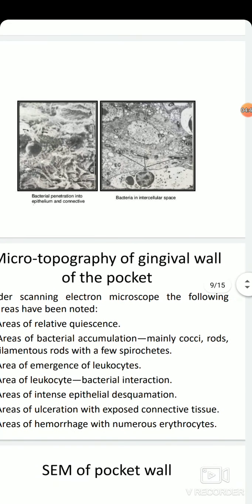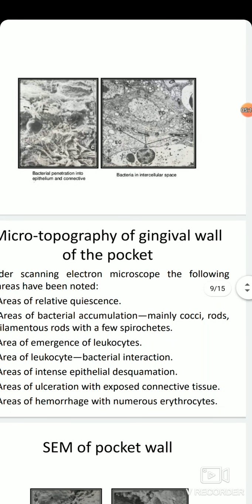So there is bacterial invasion along the lateral wall and the apical areas of the pocket. Some bacteria traverse the basement lamina and invade the epithelial connective tissue, and the following morphotypes of bacteria have been identified to traverse: filamentous rods, coccoid organisms, with predominantly gram-negative bacteria. Increased numbers of Langerhans cells were found in the epithelium.